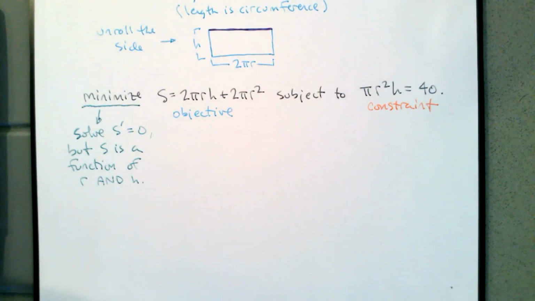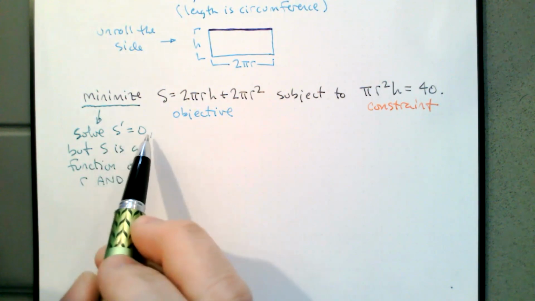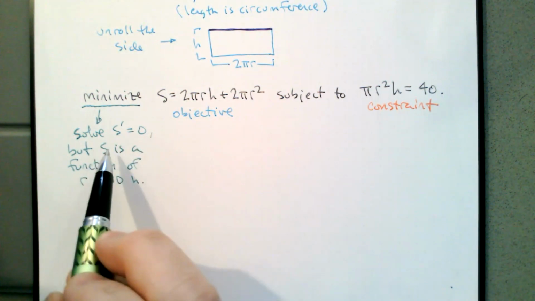S is a function of R and H. And this is only calc 1, which means we only get to use one variable, not two variables. So it's a big restriction when we only get to use one variable. It makes the calculus portion easier, but we have to do a lot more work at the front end to make sure that we only have one variable. So we want to take the derivative, set it equal to 0 and solve, but our function